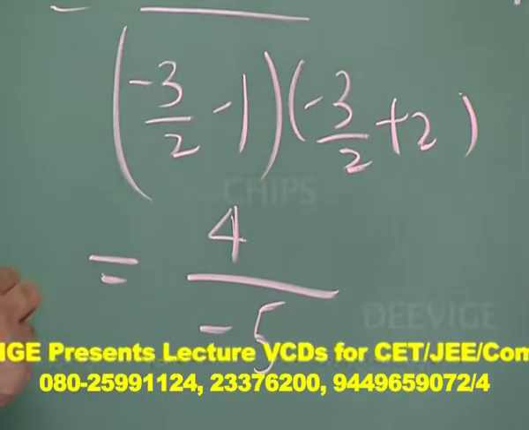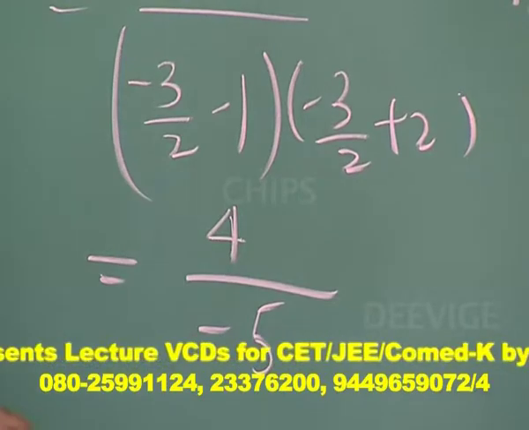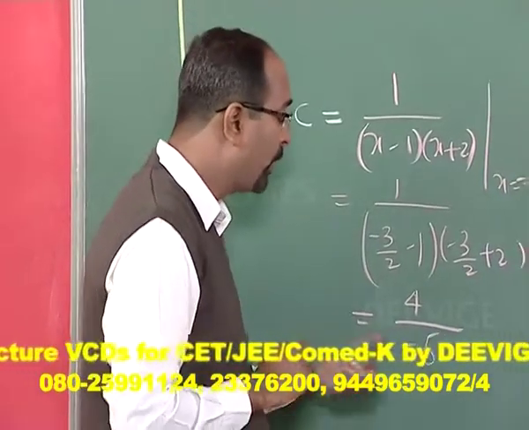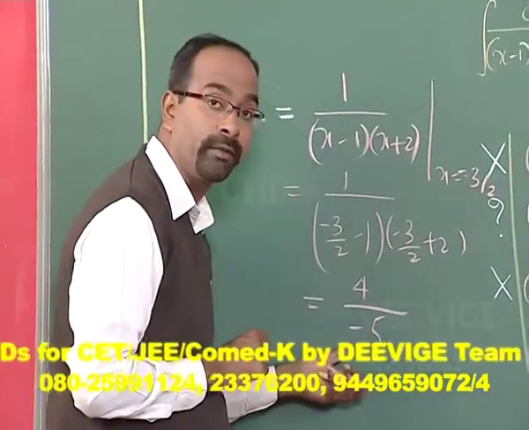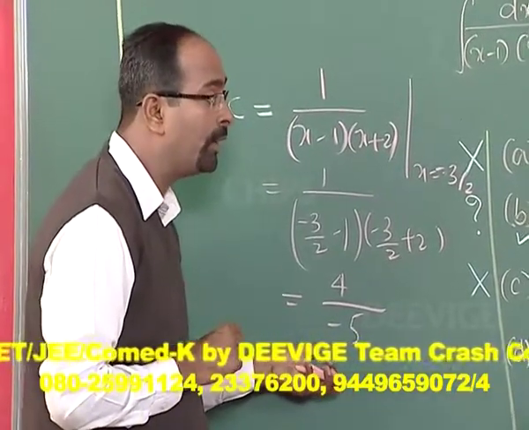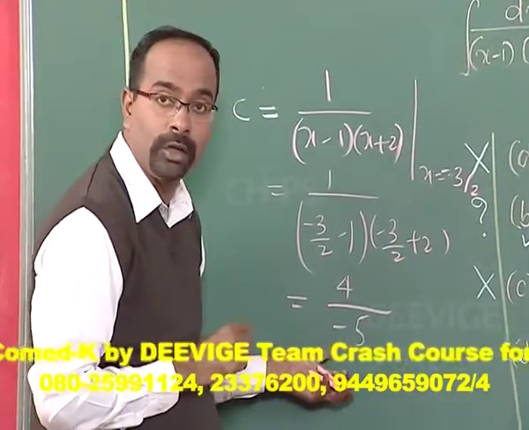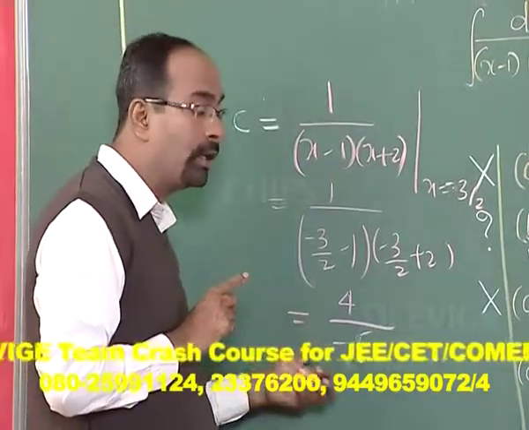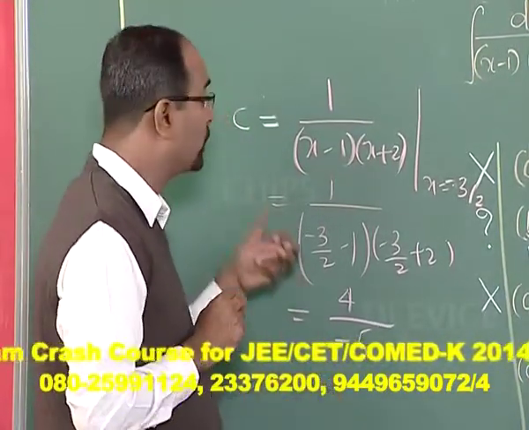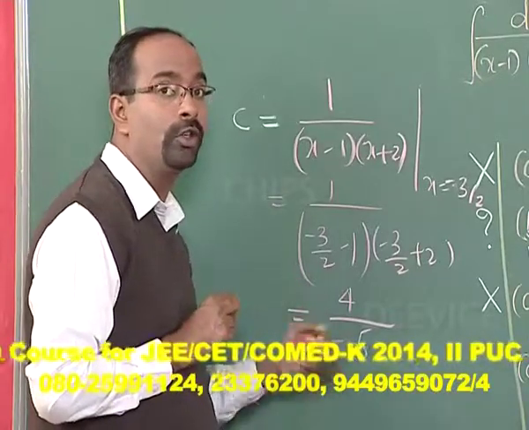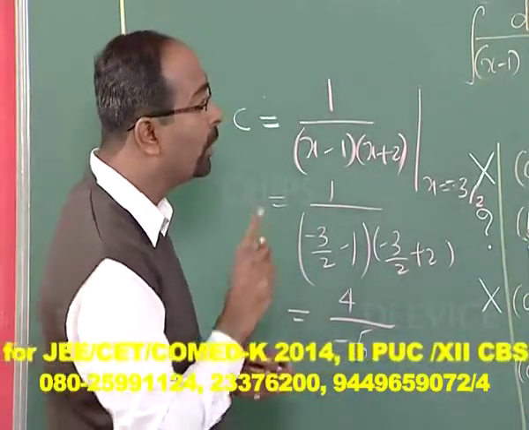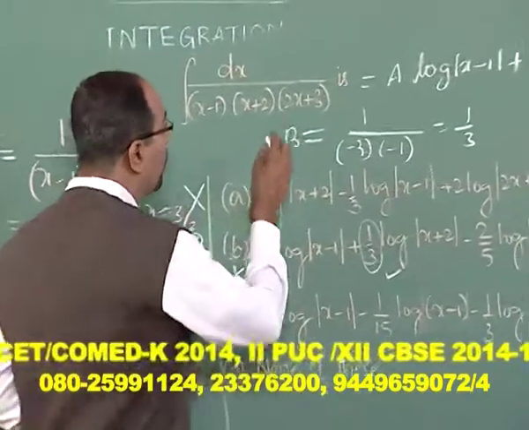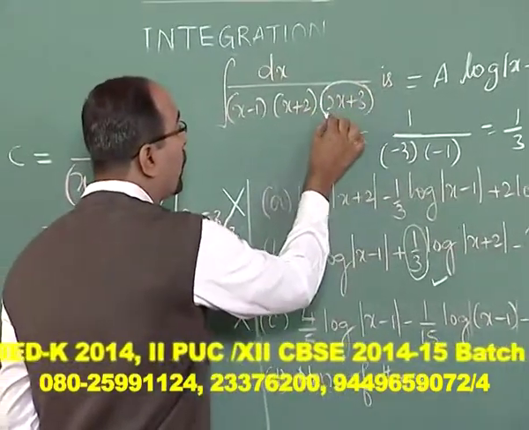Now actually we have the option as minus 2 by 5 and we are getting minus 4 by 5. Now it looks like option B is not correct, but don't jump to the conclusion that option B is not correct or that the C value is minus 4 by 5. You must be very, very careful here. In the question we have 2x plus 3. You can observe carefully here.